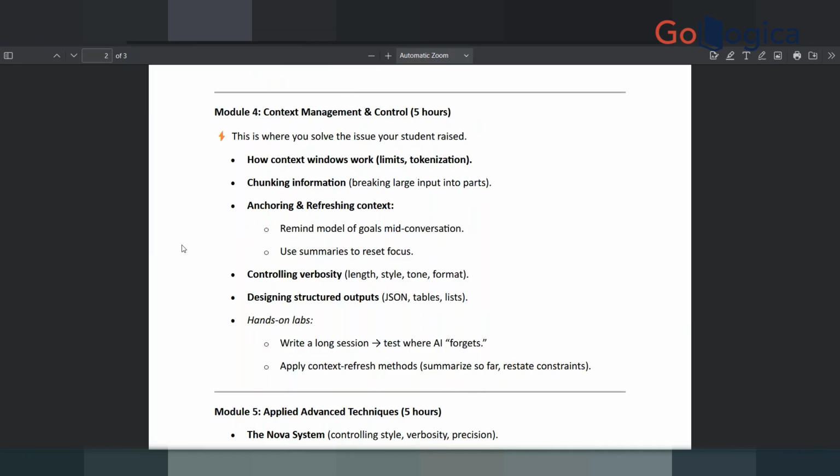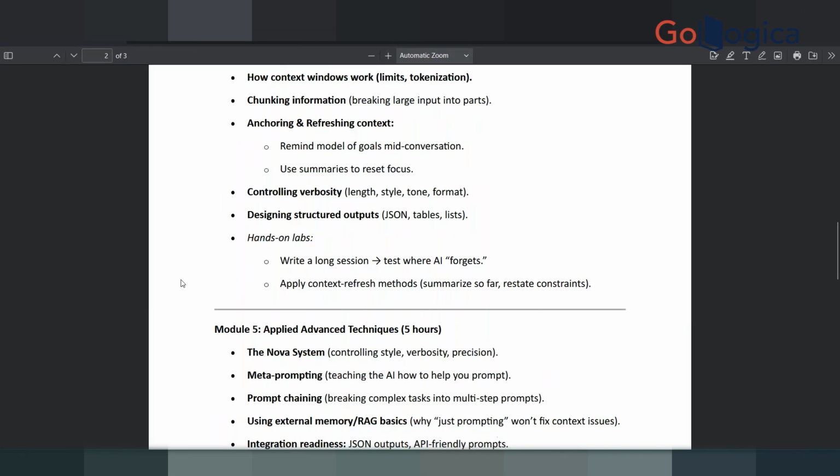You can just ask the AI to create a list of towns and cities in a certain area and give it to you in JSON format. It will give you a properly structured JSON. What more can you do with these structures? We'll learn that part as well in this module.